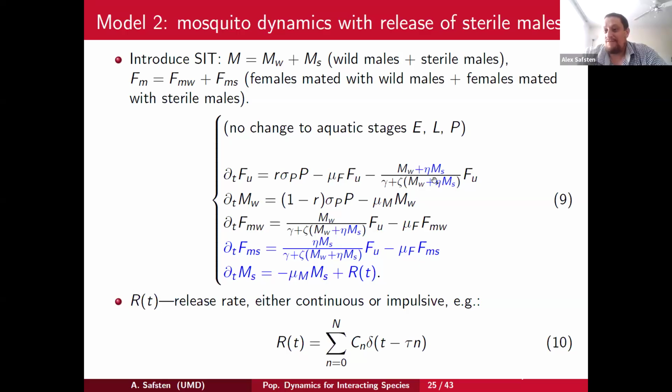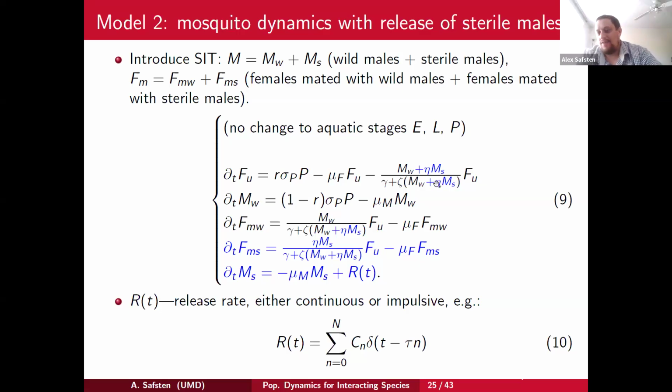But it means that they're a little bit less favorable to the females, and so we usually assume that eta is about 0.75, so about 75% as fit as the wild males. The release rate we will add could either be a continuous function, or it could be something like a Dirac comb, where we model a release of a large number of sterile males over a very short time scale, which is